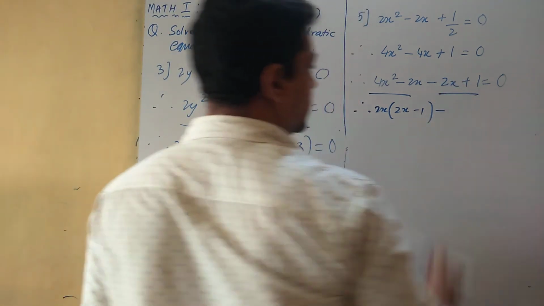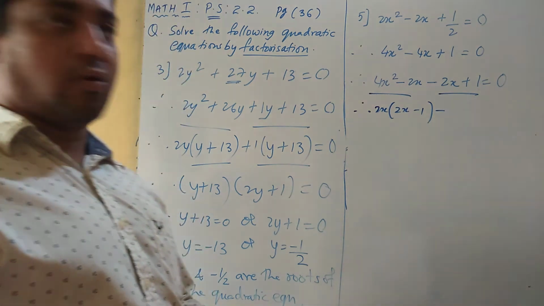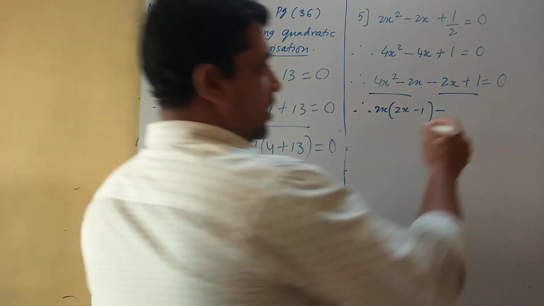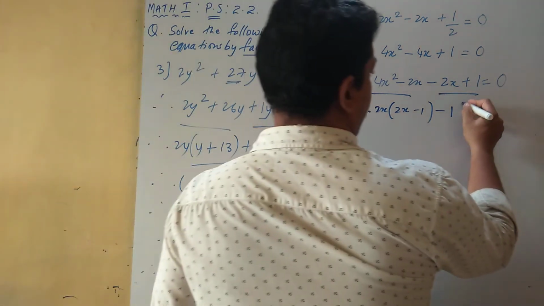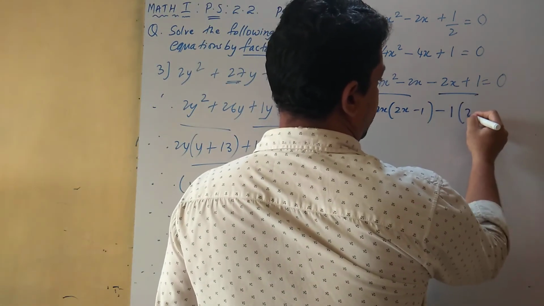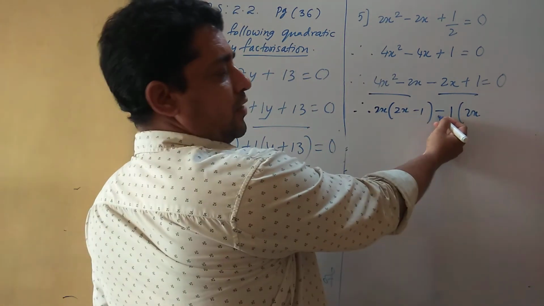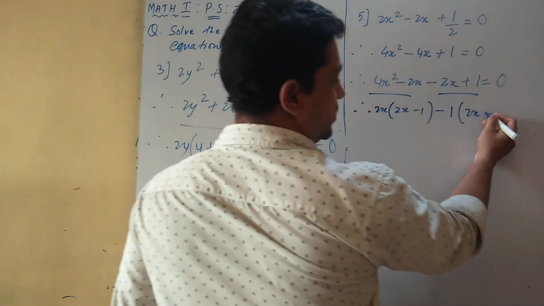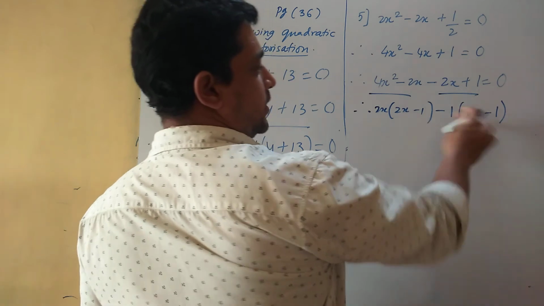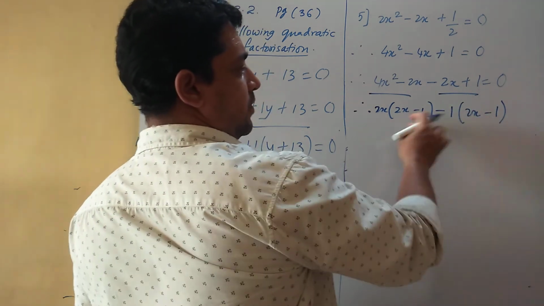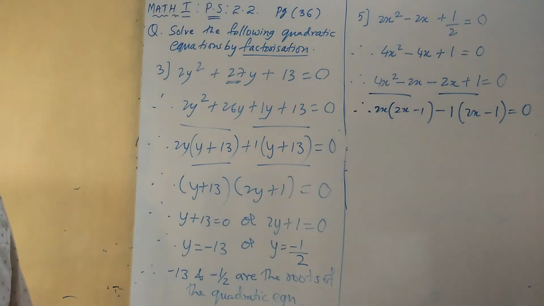And here as it is, you can see no common factor, not the number, nor the variable. So I will take only 1 as common. Okay, and I will write the numbers inside bracket 2x plus will become minus. I told whenever you have a negative number here, the sign will change inside the bracket, so it will be minus 1. And check both the common factors, both the polynomials are same now. Is equal to 0. That's it.